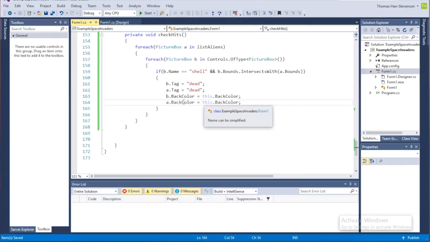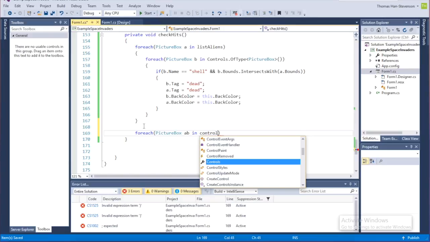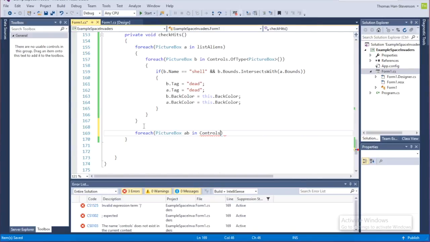can't really see it. And then after we've done all of our iterating through our lists and through our controls lists, we are going to do a bit of cleanup. So we'll go for each picture box, and we'll just call it A for the sake of things. We can call it AB because we're getting rid of both. And controls. So if it's in controls,